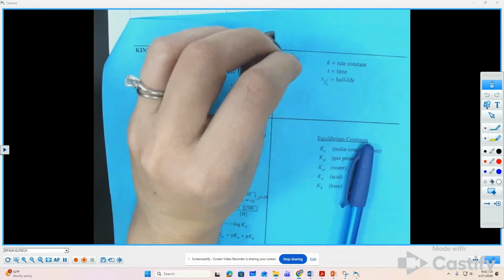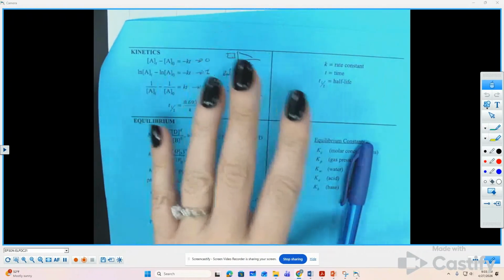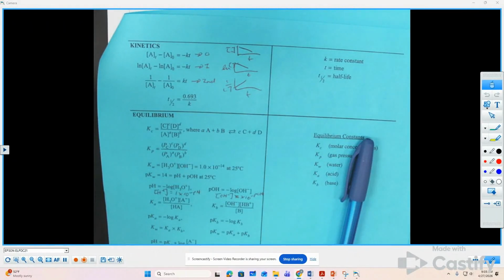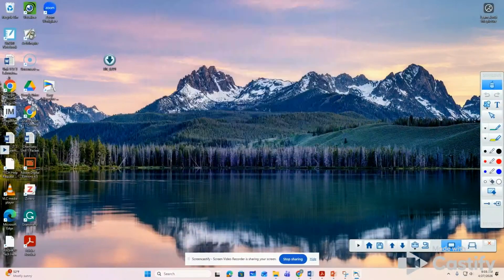Okay, so you need to have your blue reference out and ready, and you need your calculator, and then you can have a pen or pencil and scratch paper if you would like. And you need to go log into AP Classroom, okay? So you'll grab your Chromebooks, you'll log into AP Classroom,